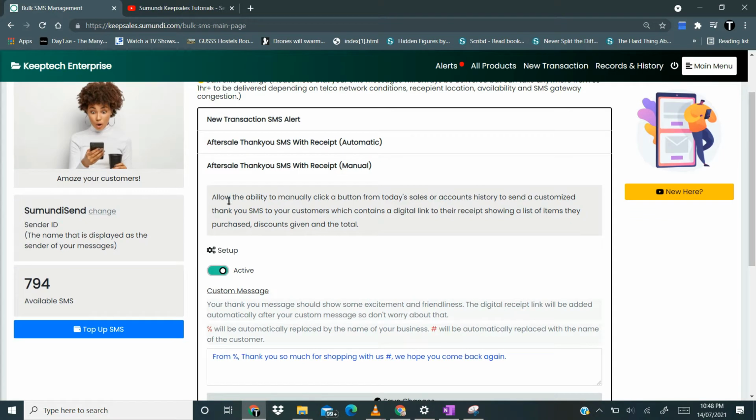Over here it says that it allows the ability to manually click a button from today's sales or account history to send a customized thank you SMS to your customers, which contains a digital link to their receipt showing a list of items they purchased, discounts given, and the total. So what this actually means is that when you activate this particular functionality, and as you can see, it's already activated. Usually by default, it's inactive. So when you activate it,